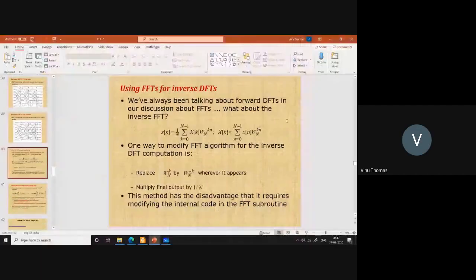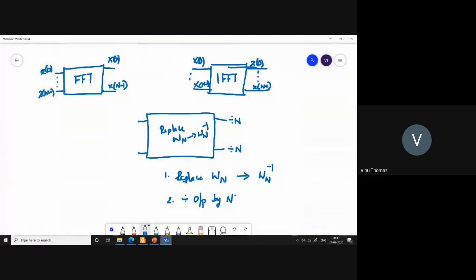Now the disadvantage with this method is that you need to modify the algorithm. In practice, when you write more complex algorithms, for example when you do your research and start to build your code from scratch, the code that you have to develop might take maybe weeks to develop.